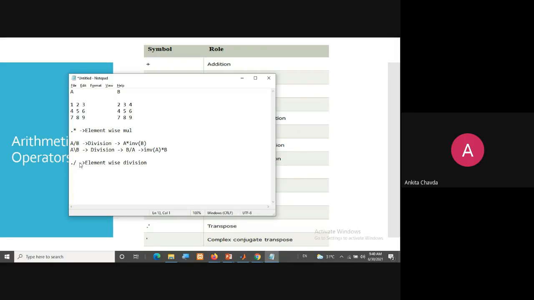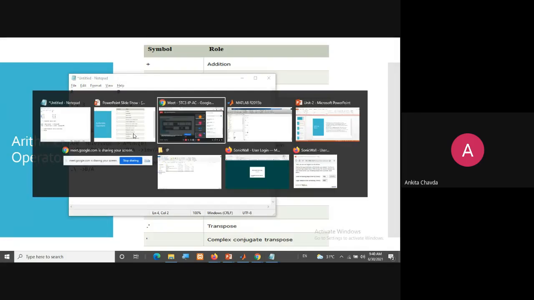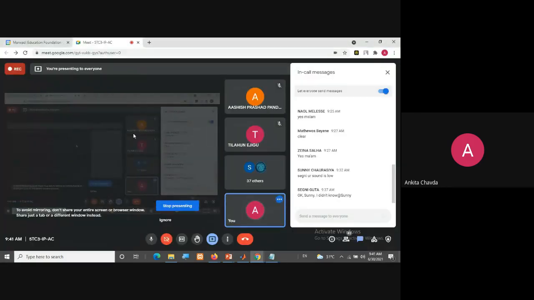And if I use this dot and this forward slash, it means it will do B divided by A. Here it is doing A divided by B. Very similar. So it will do 2 divided by 1, 3 divided by 2, 4 divided by 3. Each and every element wise, it will do the division. So is it clear? Yes or no? Yes, ma'am. Fine. Clear.